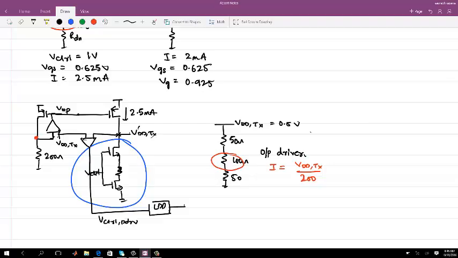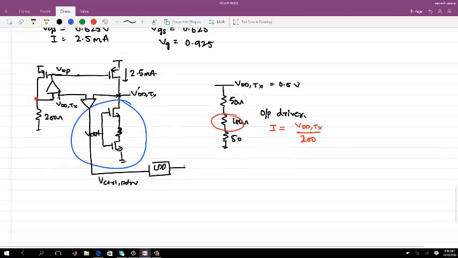Any questions in this implementation? The way I have shown you here, I have used a 200 ohm impedance and 2.5 milliamperes, which is burning an equal current as the output driver. I can always have this as a scaled version, like 1 by 16, or whichever number you want. It will have the matching problem, but within a certain range, you can create these reference voltages.